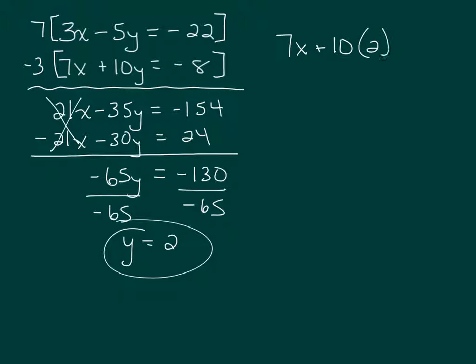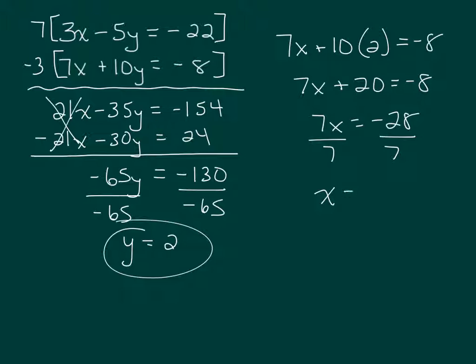So now I know y is 2. Divide both sides by 7. And so there's my answer. x is negative 4, y is 2. Or as a coordinate,